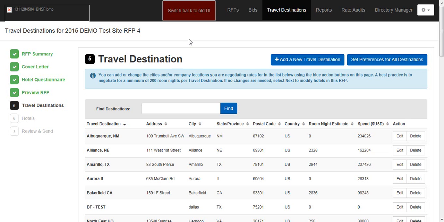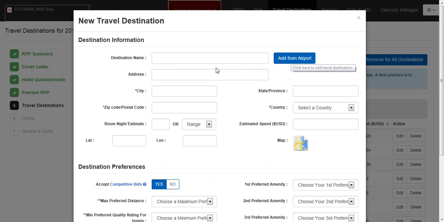And you can always add additional ones if, say, an office opens and things like that. So the previous travel destinations will pull through. But say my company is doing so wonderful that we are expanding, and I'm going to add a brand new regional office, and let's say we're going to do that in Chicago. So if I look at the destination name, I'm going to call it a regional office,